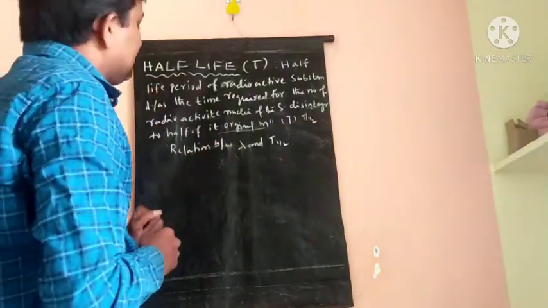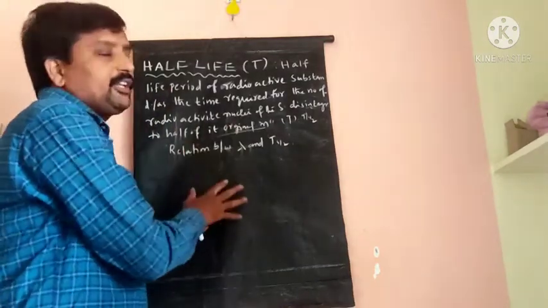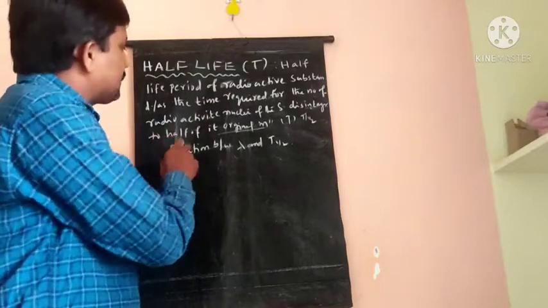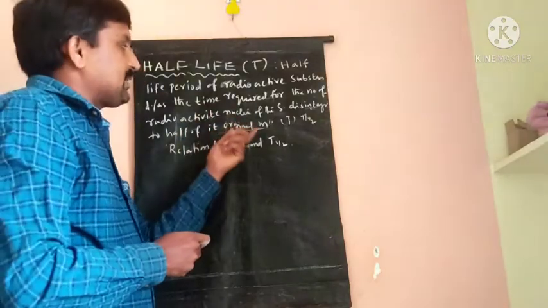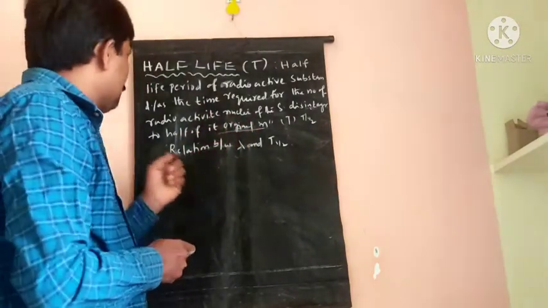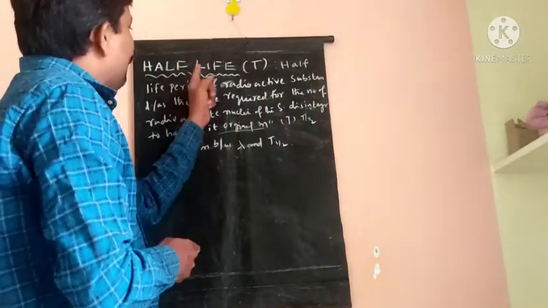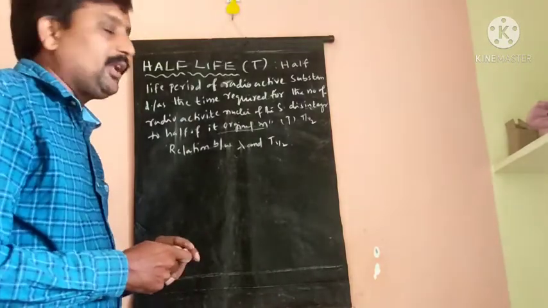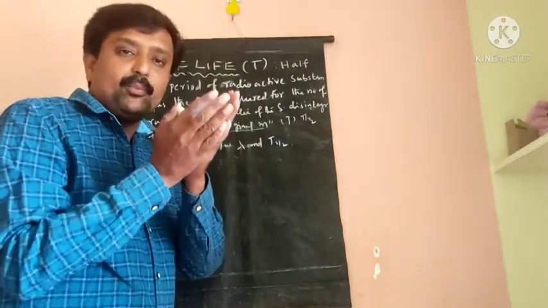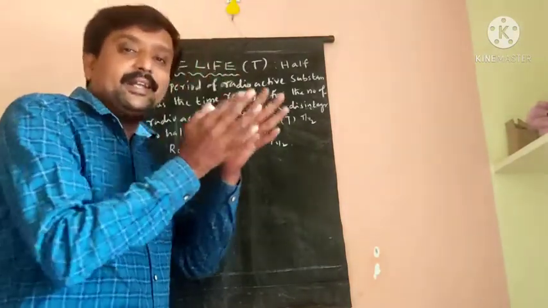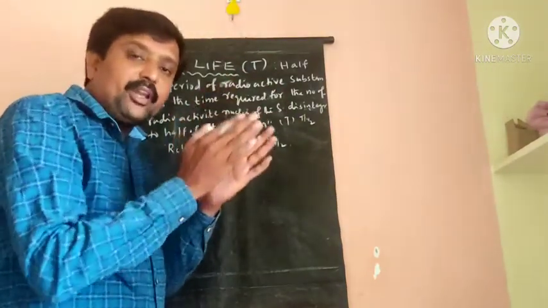So the half-life period of a radioactive substance is defined as the time required for the number of radioactive nuclei to disintegrate to half of its original number. That is called the half-life time period. So let us consider one radioactive sample. The nuclei disintegrate to half of the original nuclei. So the time required for